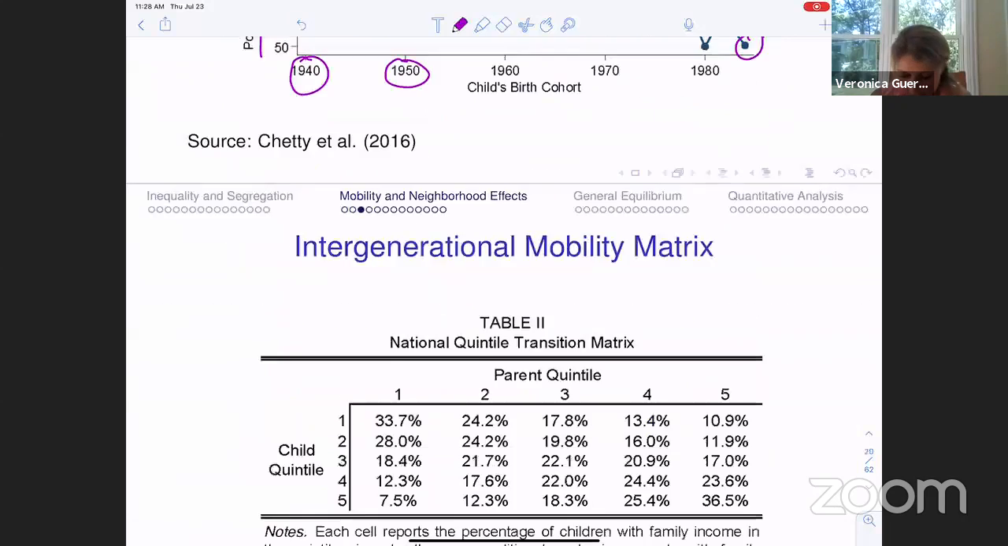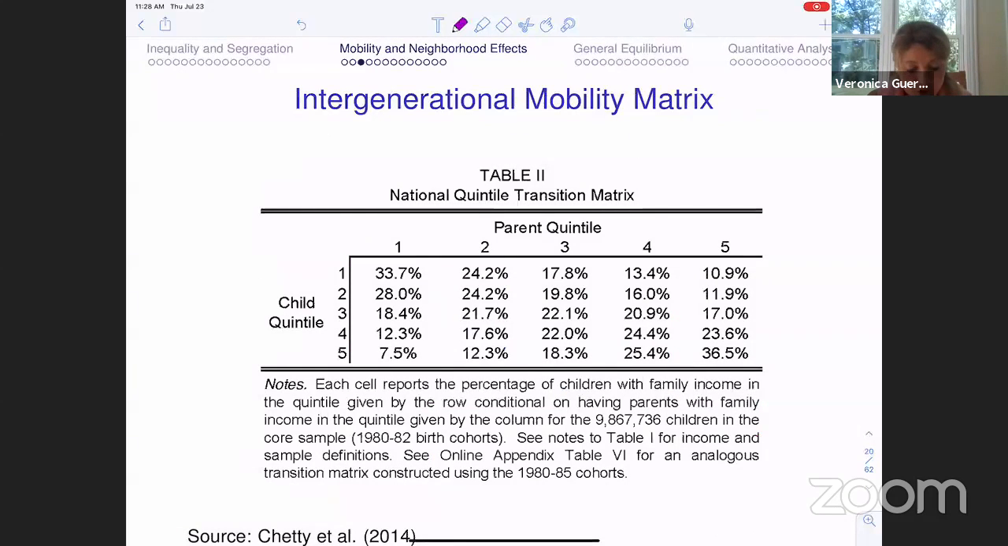Okay. What about intergenerational mobility at large? In his 2014 paper, they used this granular administrative data to build an intergenerational mobility matrix that shows that in general there is quite a low level of intergenerational mobility. So what is a transition intergenerational mobility matrix? It's a matrix that looks at the income of the parents and the income of the children, ranks that in quintiles relative to the distribution of income of the population, and says, for example, let's focus on